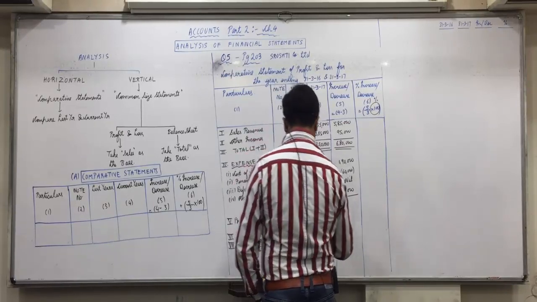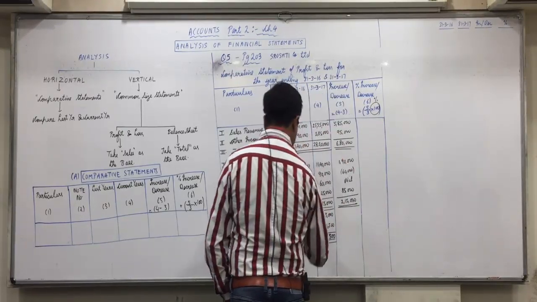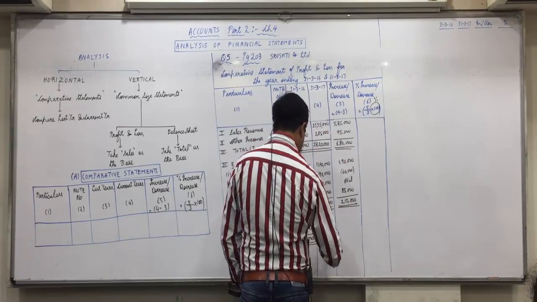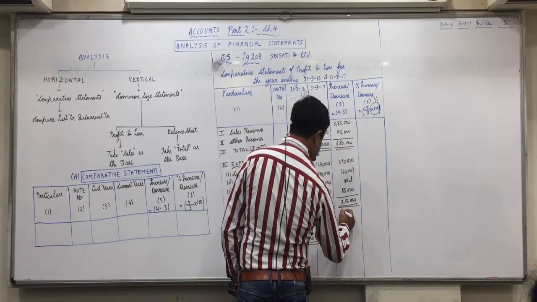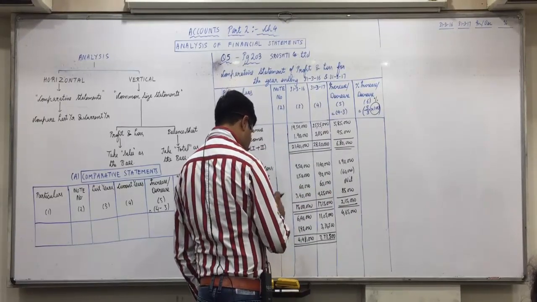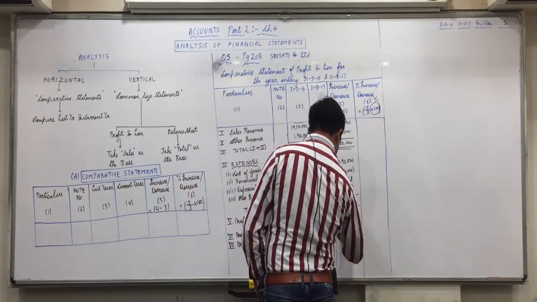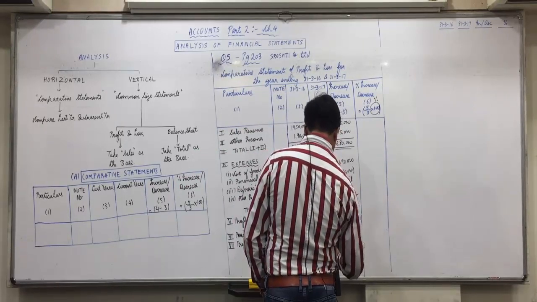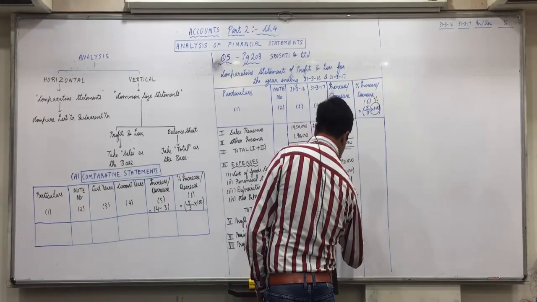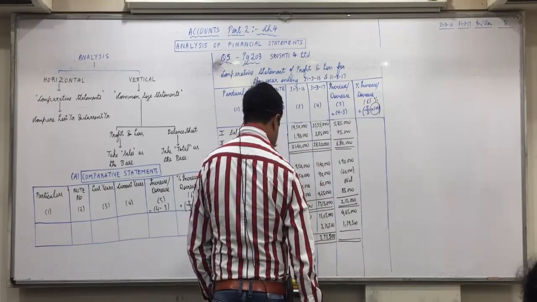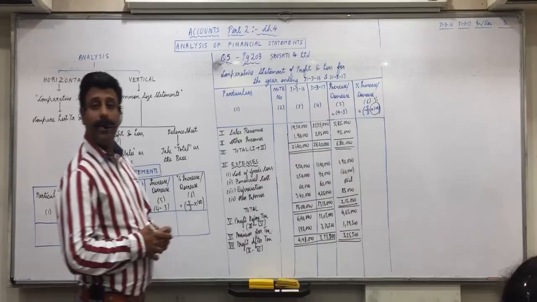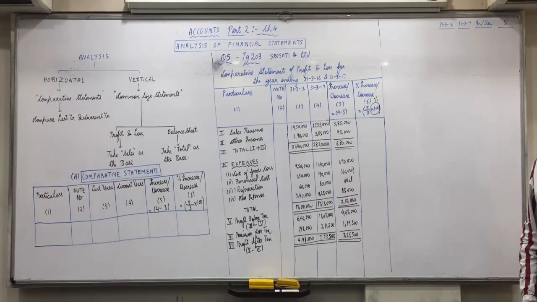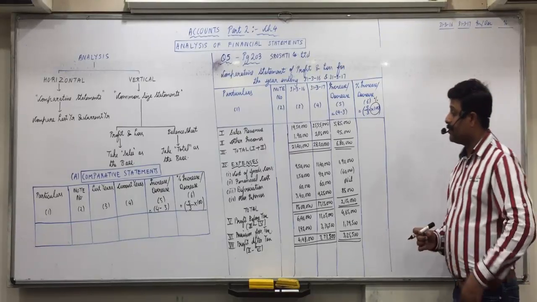17 15 minus 15 lakh, 2 lakh 15,000. 11 lakh 5,000 minus 640, 4 lakh 65,000. 331500 minus 1 lakh 92,000, 1 lakh 39,500. And 773,500 minus 4 lakh 48,000, 3 lakh 25,500. Is everyone clear with this? All have completed this? Now the percentage increase or decrease.